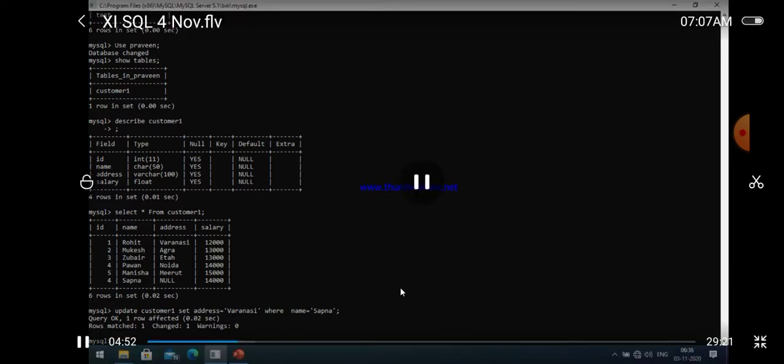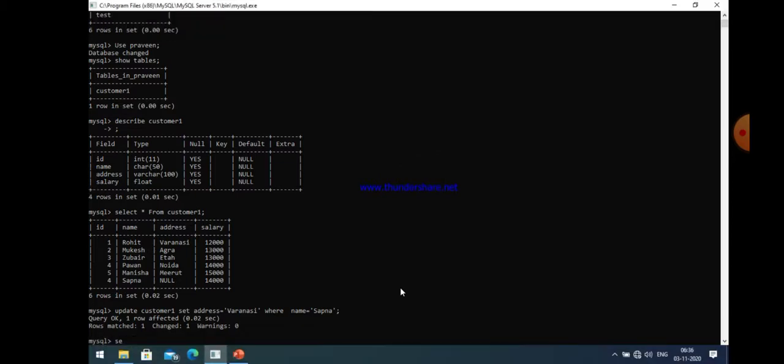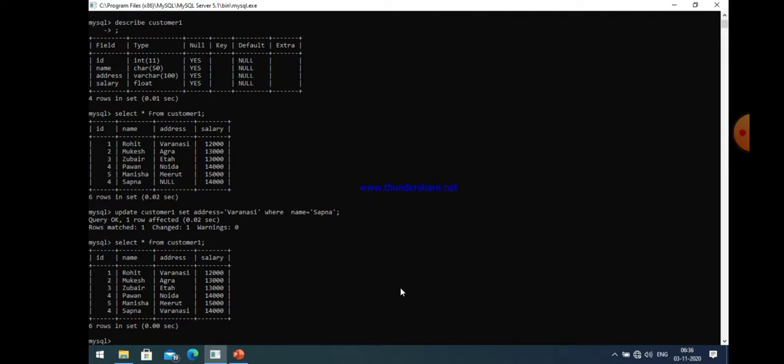Now again, let us write a select command to see the changes in the table customer. Just write select star from customer 1. You can easily see here that null is replaced by Varanasi.